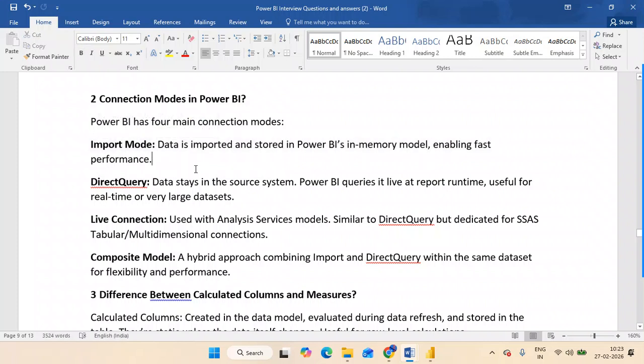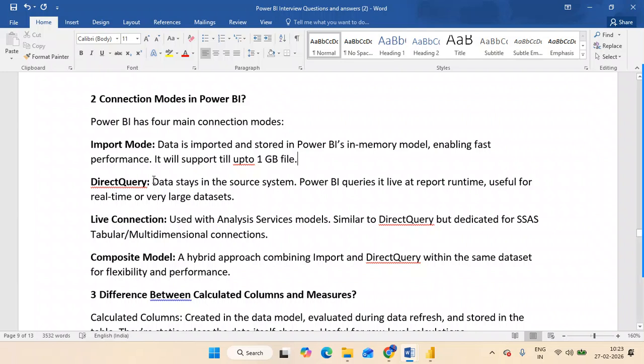It supports only up to a 1 GB file. Beyond that 1 GB, it will not support import mode.